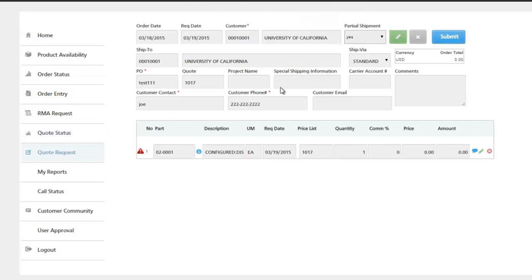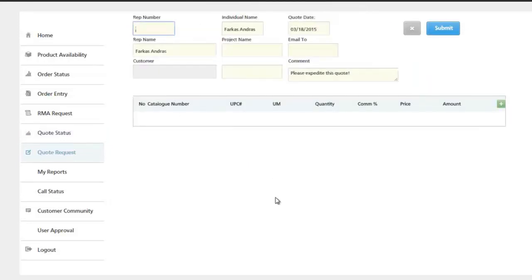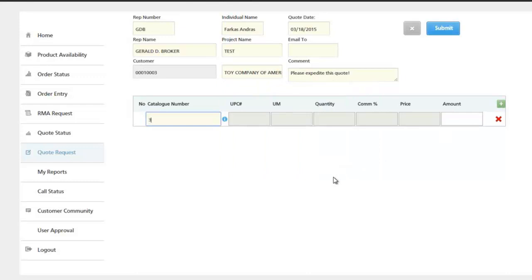The quote request screen is, again, simplified just like the sales order screen. You would pick your rep number. We could have that default depending on your security record. You can put in your project name if you have one. You can put in the email address, and this is the email that it will be sent to when you saw that little icon that I showed you in a previous screen that you could email the quote to. That's what this email field is. And then, of course, you pick your customer, and you pick